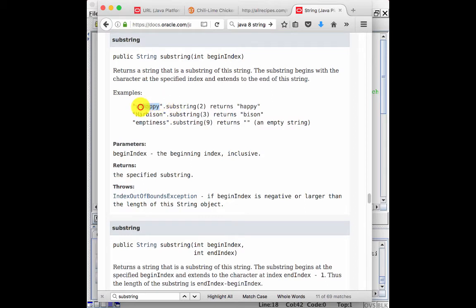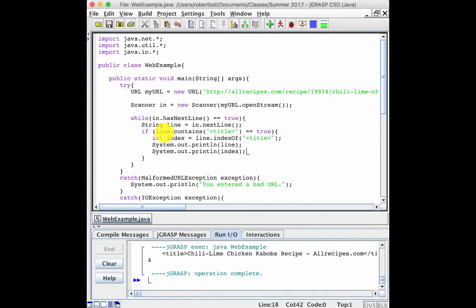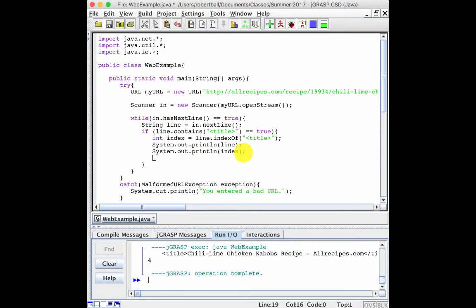We want from here on. Oh, very nice. So let's do that. We'll create another string. We'll just call it sub equals. Now where's all the information? That's right. There's the variable. Line dot